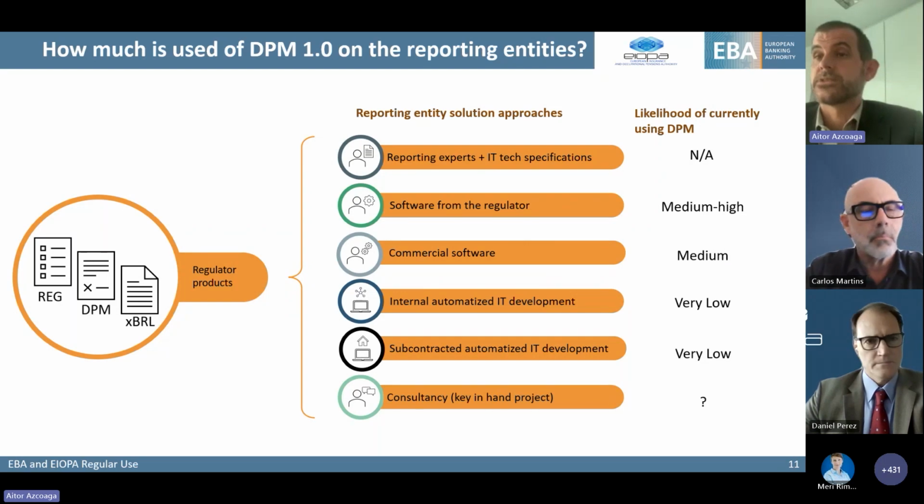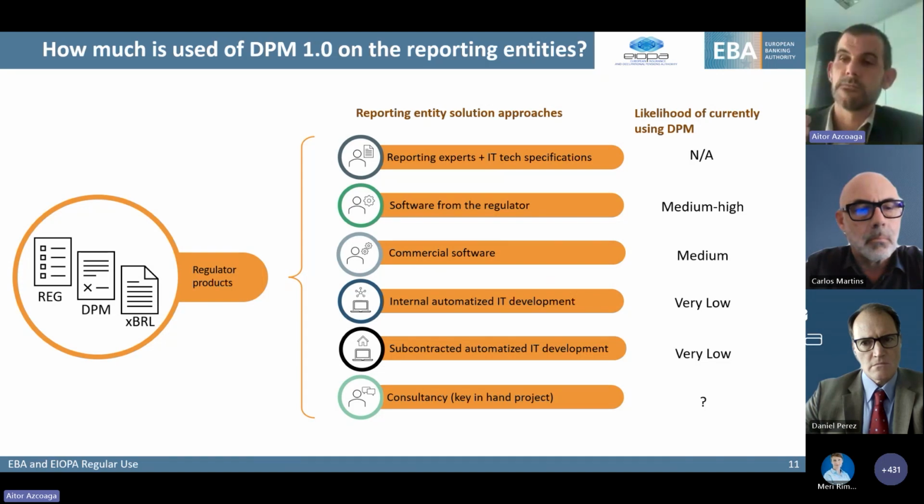I think this responds to several reasons, but depending on the use case, you may have more chances to use the DPM. I would say software from a regulator will use the DPM database, as in our tool, which was the easiest form. There are many software tools from regulators using it. Some of them also use the taxonomy, and some are built from scratch, let's say from the regulation, but they have chances to use the DPM. In the other 2, the likelihood is normally very low, which may make sense.